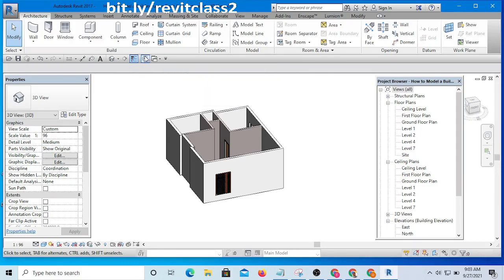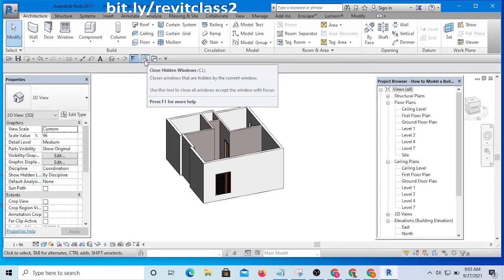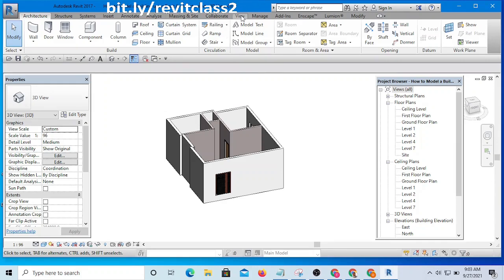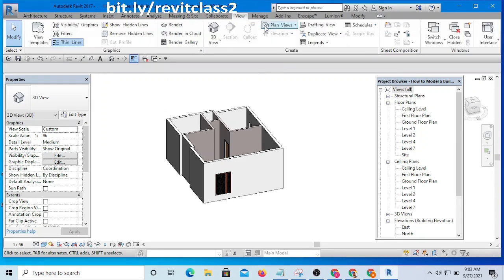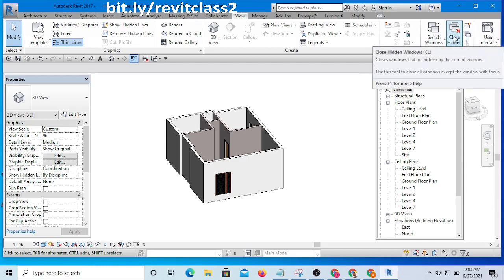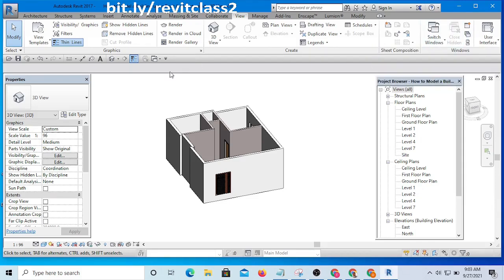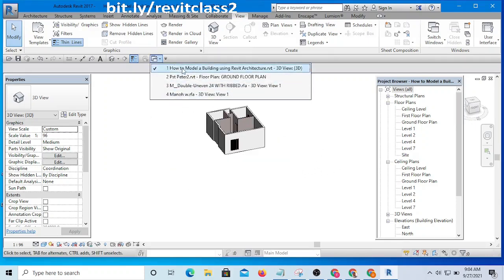But if you want to get it in Revit 2015, all you need to do is go to your View tab. If I go to View now and open that tab, you will see Close Hidden Windows. So if you click on it, it's going to close other windows that are not necessary. We have 4 projects that are open in the background, and this is the one I want to load